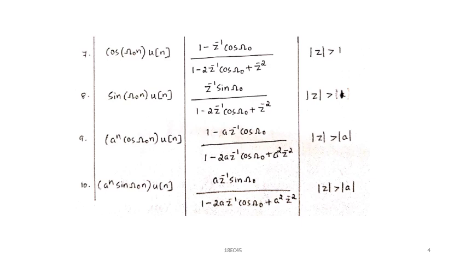Again, you can observe here the signal is multiplied with the a. And if we compare equation number 8 and equation number 10, the signal is multiplied with the a, and the denominator, 1 minus 2a Z inverse cos omega naught plus a square Z to the power minus 2, is the same. So you can observe the denominator for a cos and sine signal is the same. This is called a Z transform pair, and if I know this table correctly, then I can obtain the inverse Z transform directly. Based on the ROC, if it is a greater than condition, we will consider it a right-sided sequence. If it is a less than condition, we will consider it a left-sided sequence.